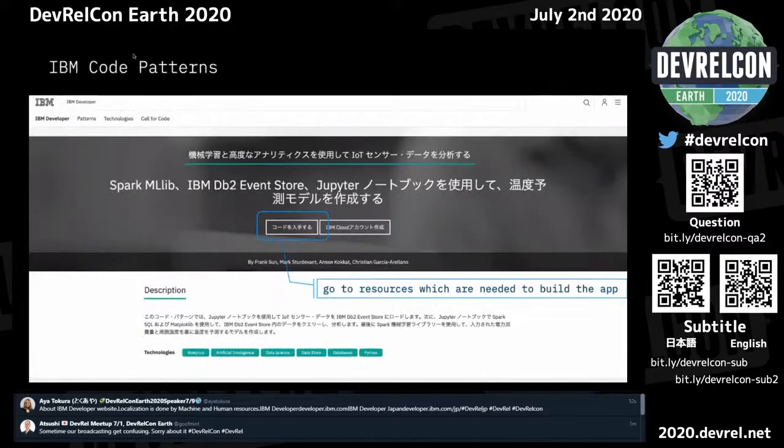And IBM Code Patterns. I described tutorials more specifically, right? For IBM Code Patterns, we have a cover page as an overview of the code pattern.